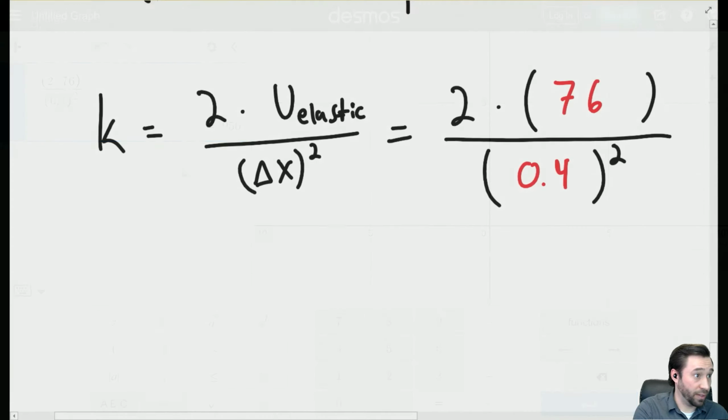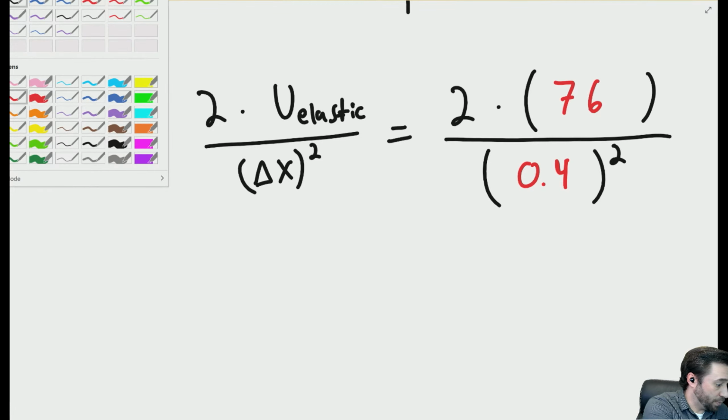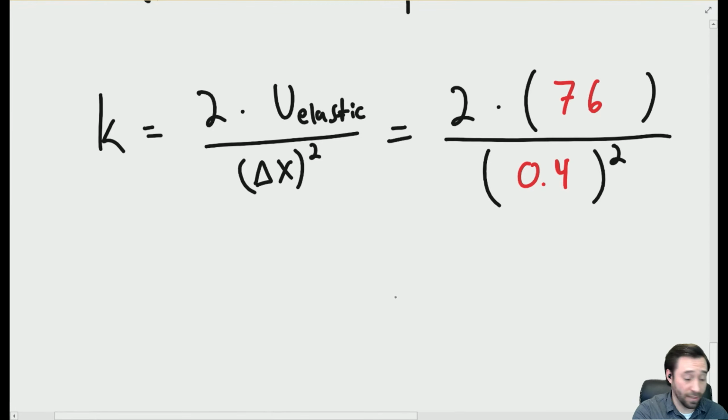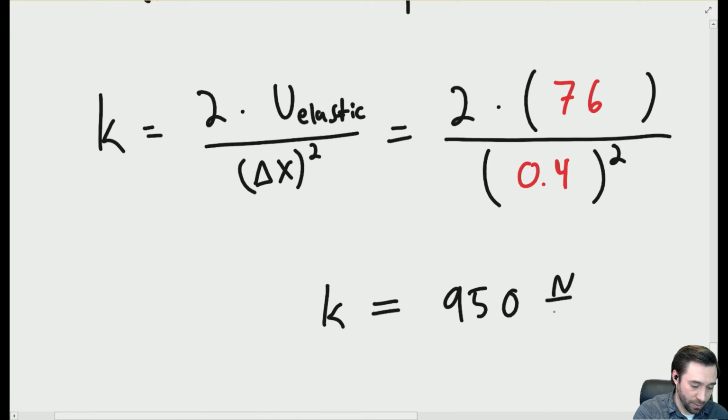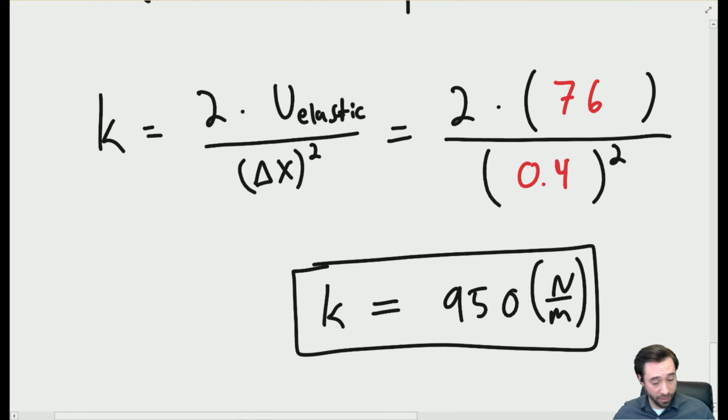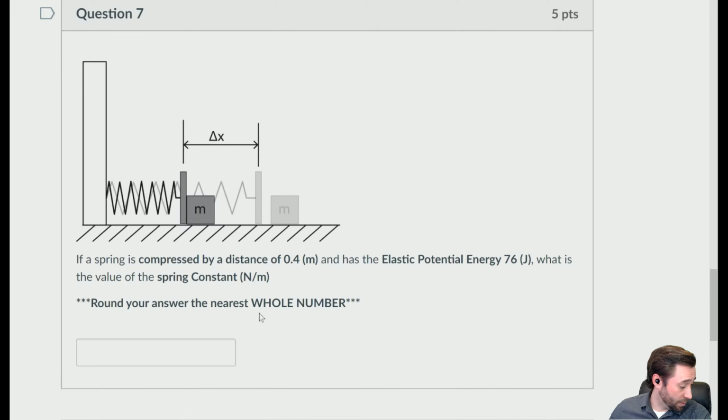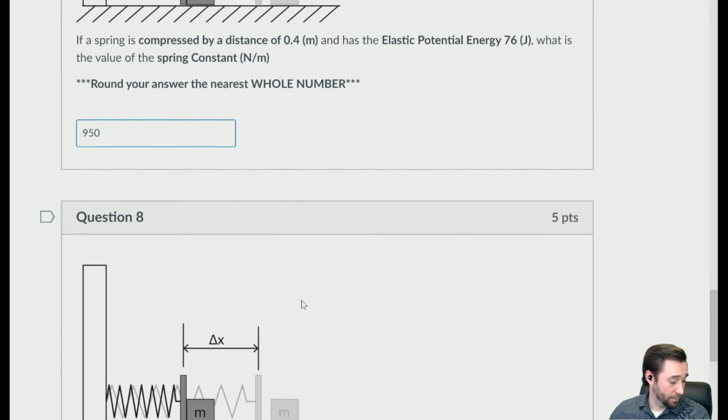So if I switch back over here, my spring constant, and since it's exactly 950, I do an equals. So my spring constant, make sure it's lowercase, is 950 newtons over meter. And again, when we plug this in, we do not put the units, so round to the nearest whole number. Luckily it's already a whole number, so 950, and that should be it. Okay,